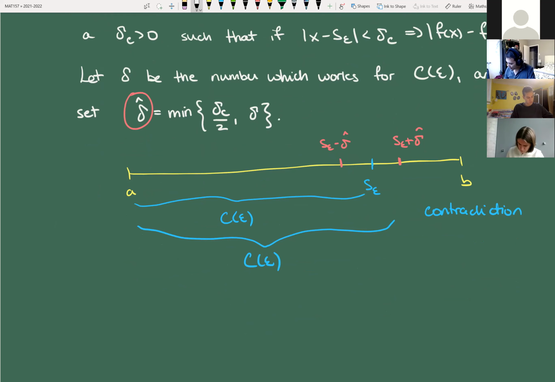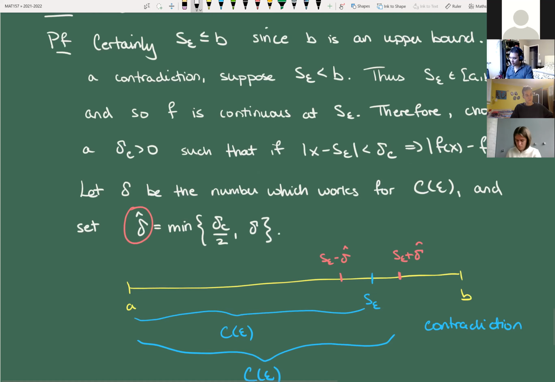Okay, so how do we do this? Well, we have to do cases now, because the cases are basically going to be, am I in the blue interval or am I in the red interval? So I'm going to choose 2 points which are a distance delta hat apart. And I'm going to say, listen, you're either both in the blue interval, you're both in the red interval, or one of you is in the blue interval and one of you is in the red interval that doesn't include the blue interval, right? We do this until, well, basically I've already assumed, I don't need to keep pushing it. The picture is a little bit weird because I'm already in contradiction land,